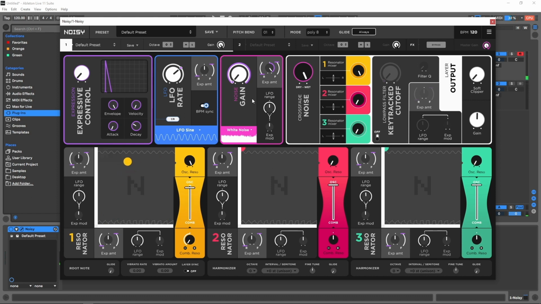Now, remember the modulation, and this is why it's really important to understand the modulation routing. We have the expression amount, which we can add to either the X or Y position of this resonator. Or we can add the LFO to it. And once we add some more modulation to the X position now, and maybe some LFO as well,